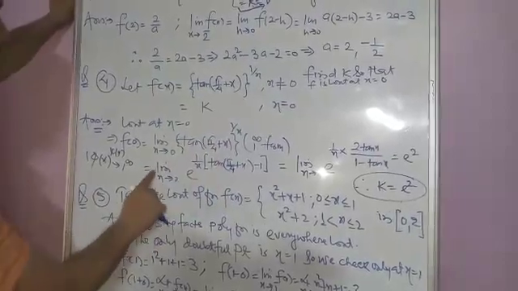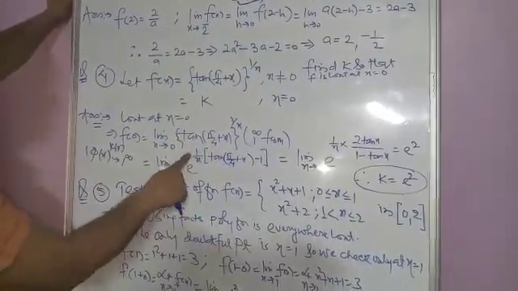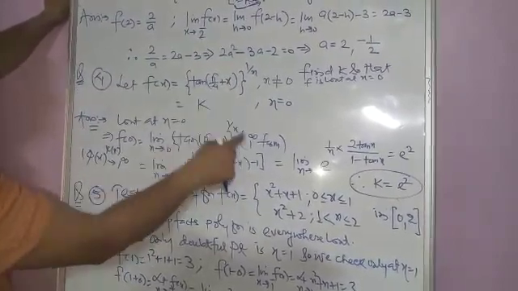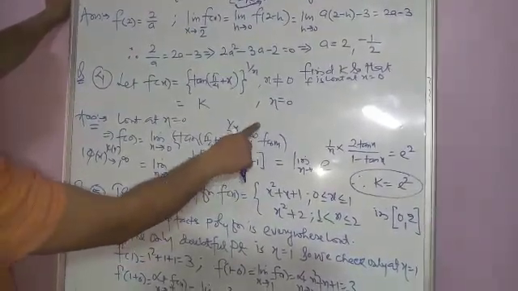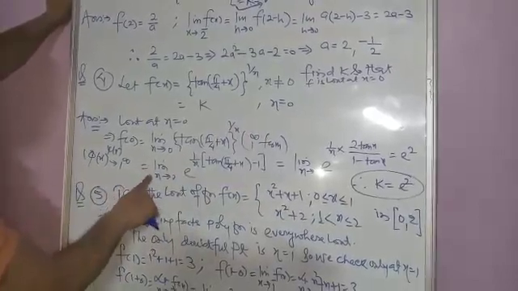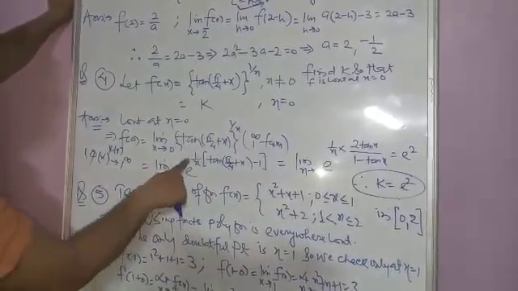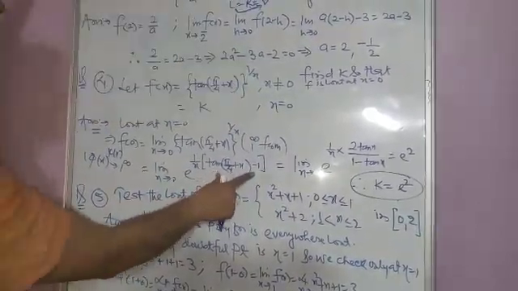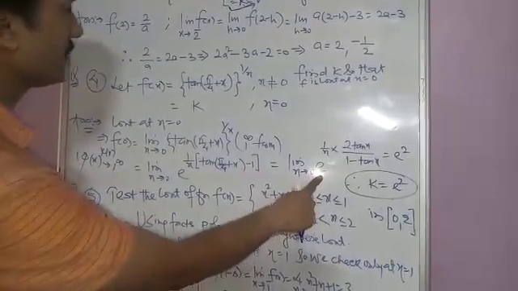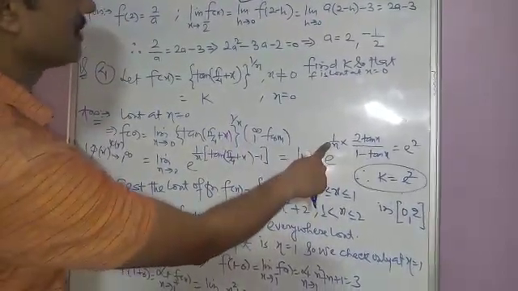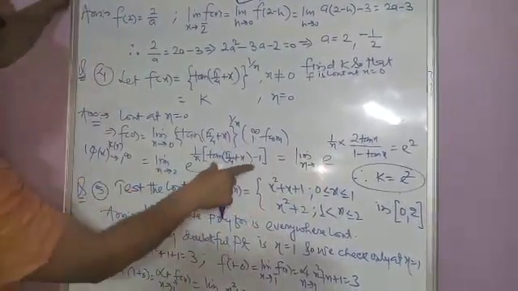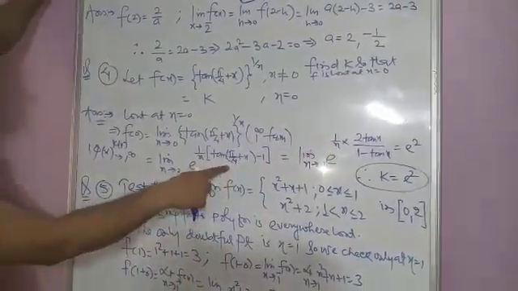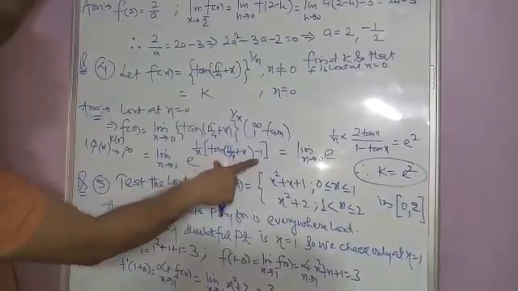In such a case, phi x to the power psi x with indeterminacy 1 to the power infinity, the limiting value is e to the power psi x into phi x minus 1, that is, power into base minus 1. Limit x tends to 0, e to the power 1 by x into base minus 1. Tan of pi by 4 plus x, using tan a plus b equals tan a plus tan b divided by 1 minus tan a into tan b, minus 1.